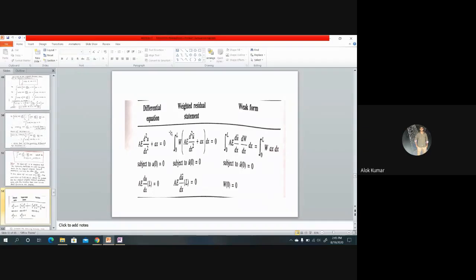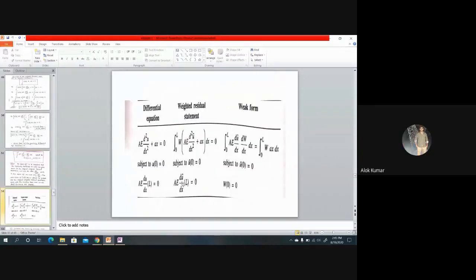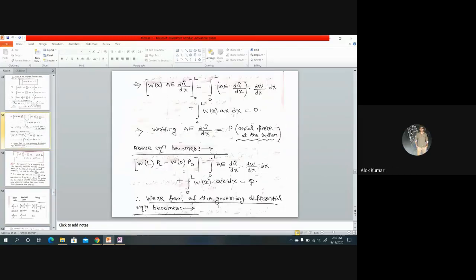Sir, the differential is written in the weak form equal to w ax dx. Which one? Yes, sir, on this page. If you keep this term, plus integral 0 to L w x into ax dx equal to the right hand side, it will become minus. If this particular term is 0 for a problem, then it will be equal. If this particular term is not 0, then it is not equal.